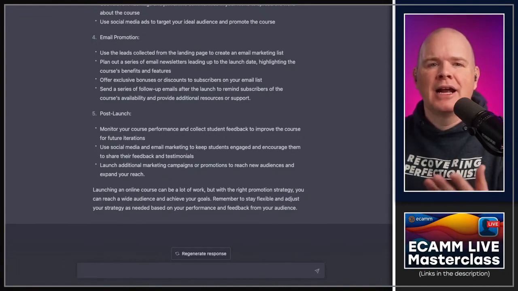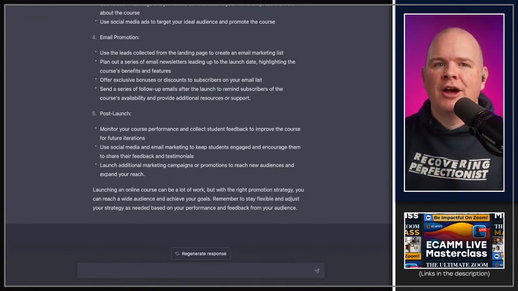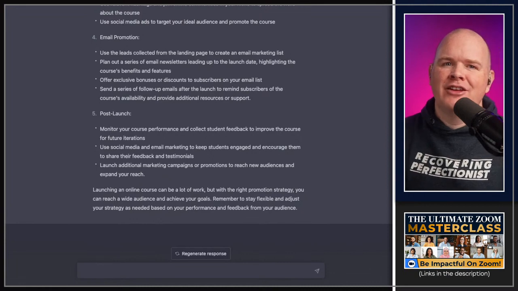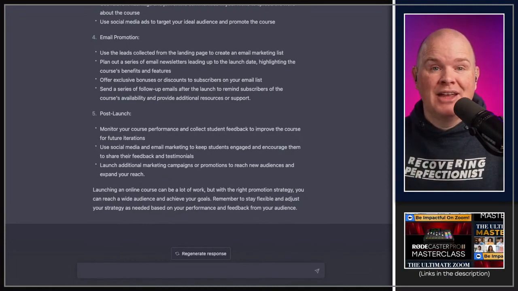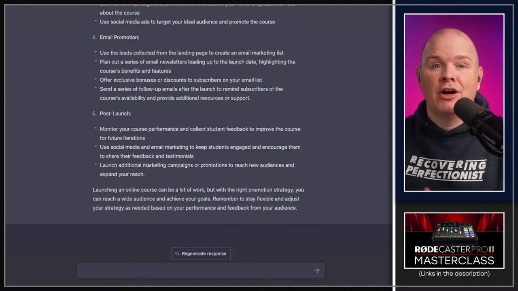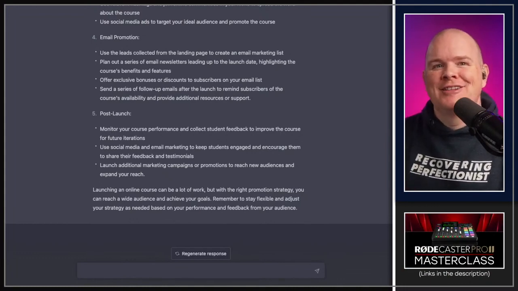Create a lead magnet was one of the things in those 12 steps. It always helps to have a way to bring people into your email database. If you're going to promote to an email database, you need to have that email database. And one of the ways to do that is by offering lead magnets, just as I'm doing today, by offering